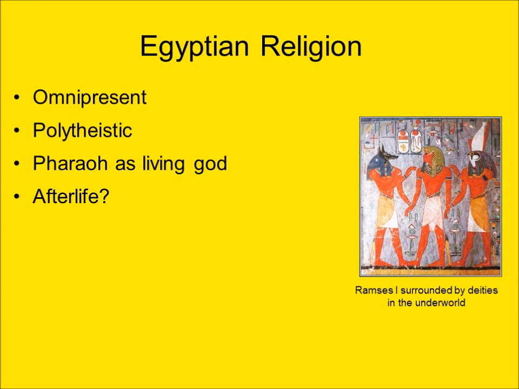Egyptian religion was omnipresent throughout Egyptian life. This was a polytheistic religion with as many as 2,000 gods at different times. The pharaoh was the embodiment of a god. He was a sort of living god at different times, and at other times he was more of a conduit to the gods. There was a significant amount of interaction between religion and the environment, and the symbolism there, the daily rebirth of the sun, the yearly rebirth of the Nile. So geography, climate, and religion are all sort of intertwined.